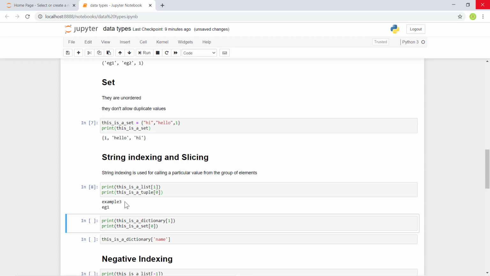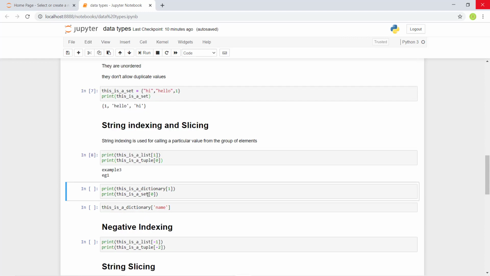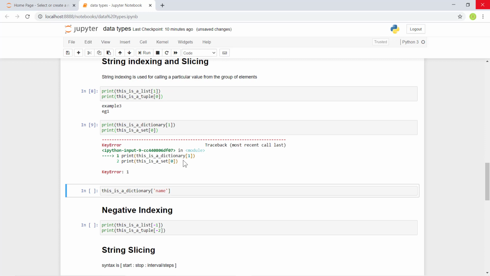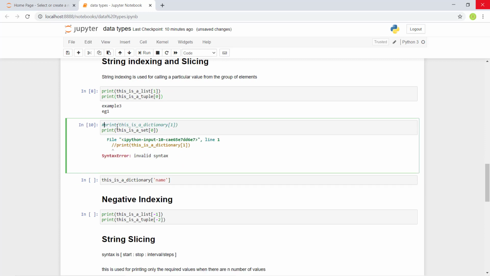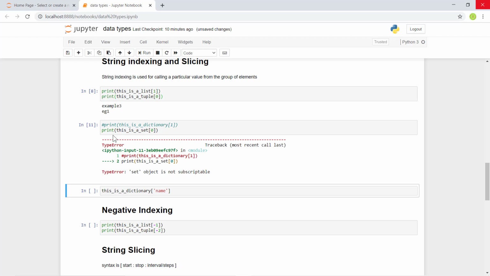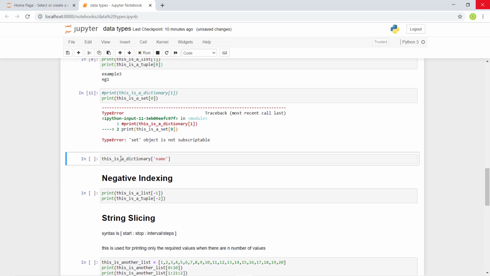And mainly I have only printed list and tuple in this box. As I said, list and tuple are ordered sequences. Dictionary and set are unordered sequences. So when we try to call the value from a specific index, we get an error. Here it shows that for dictionary, if I comment this, now it points to the set. Okay, let's move on. Now if we want to call a particular value from the dictionary, then we must give the key. As I said earlier, name is the key and it will show the value ROM.